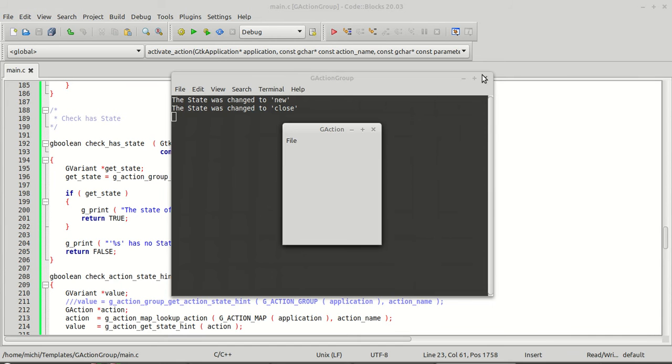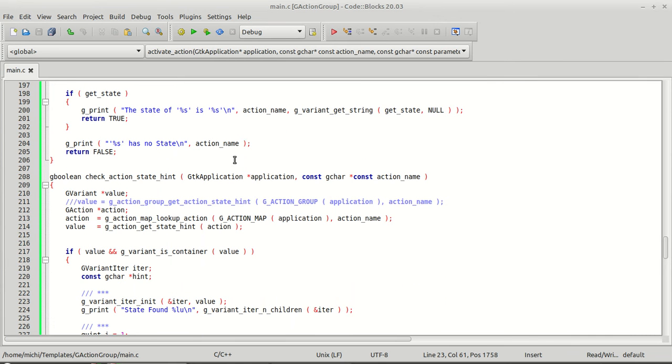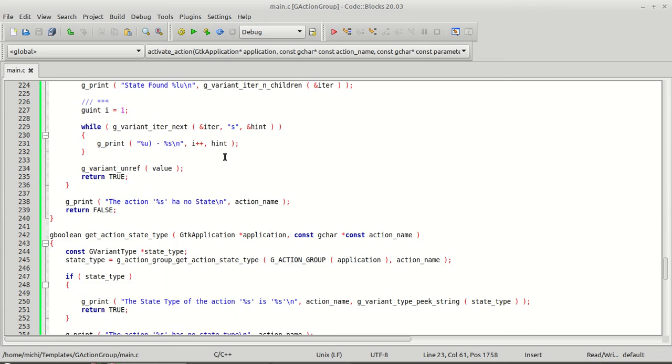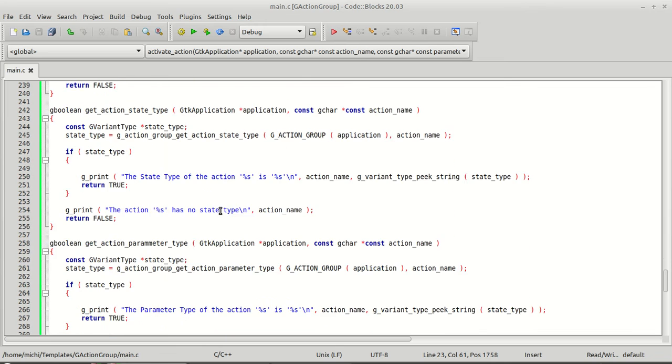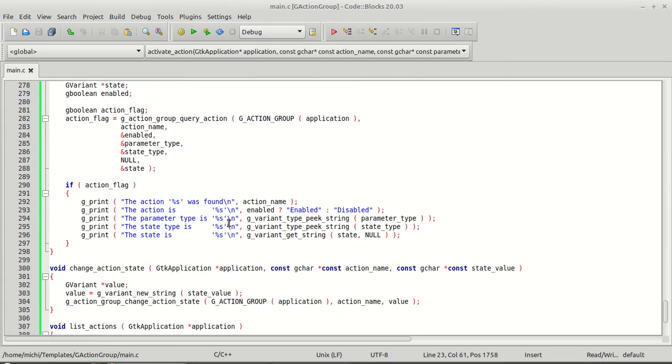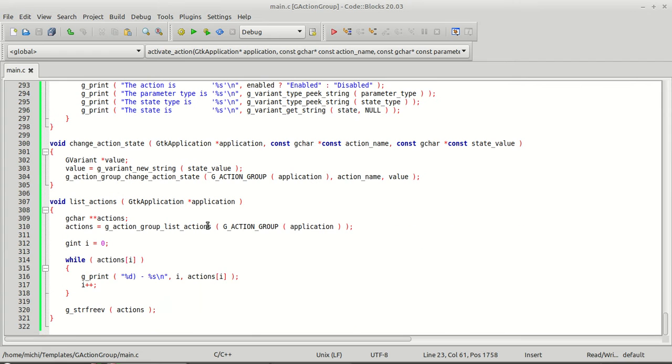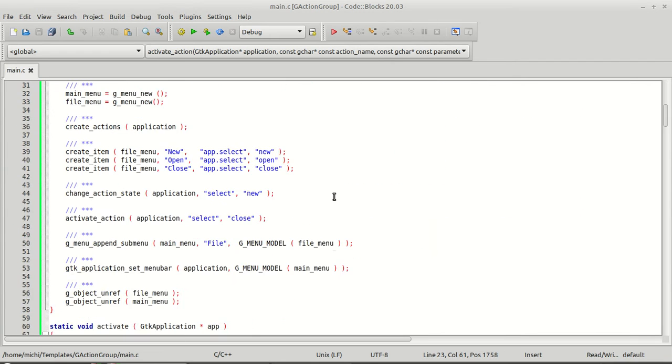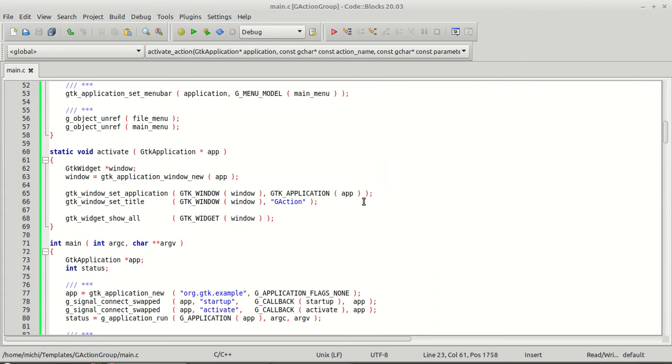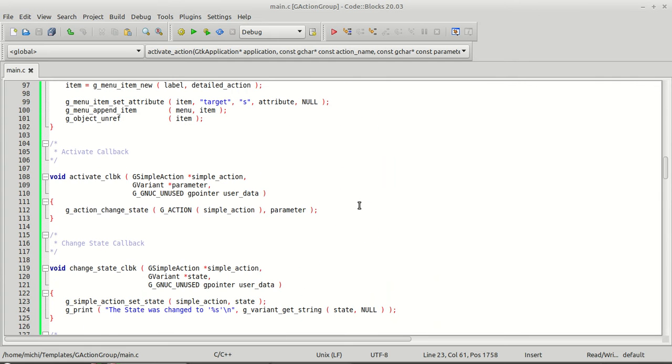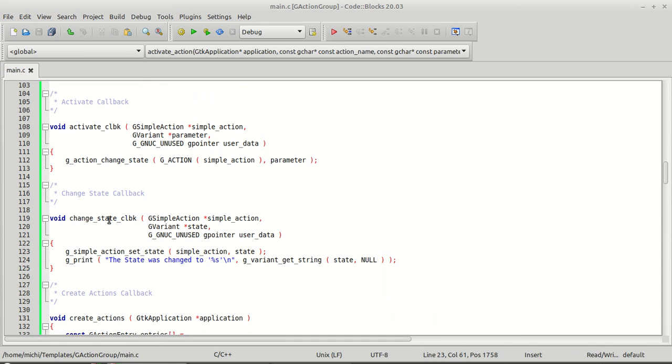The state was changed, yes, this is what we need. The state, the action, where is it? The parameter, the action, really? Yeah, right here. You see, basically the change state callback got called,